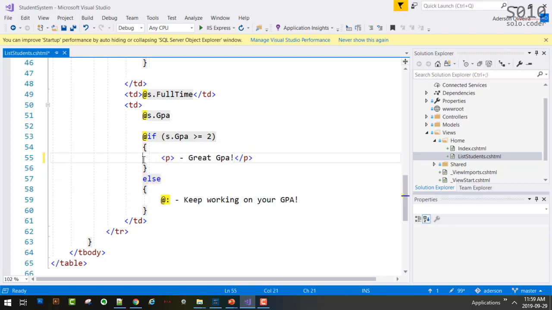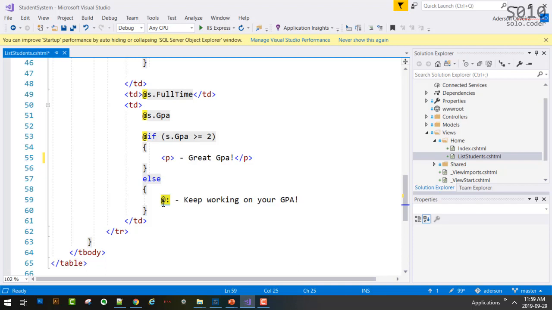See? You no longer need to put the symbol because Razor is smart enough to know that, hey, you started a line with a tag, so most likely I should not think that this is code. I should think that this is HTML. But in a case like this, because I'm starting a line with this minus thing here, or this dash, Razor doesn't know,